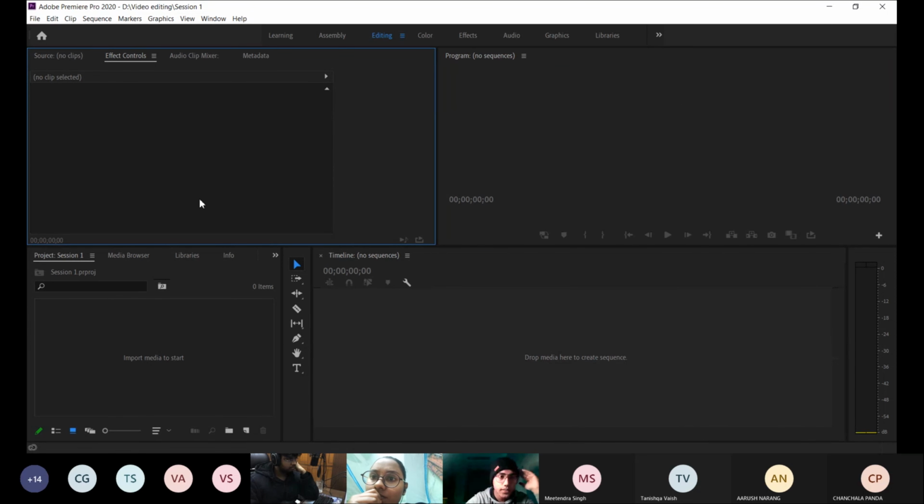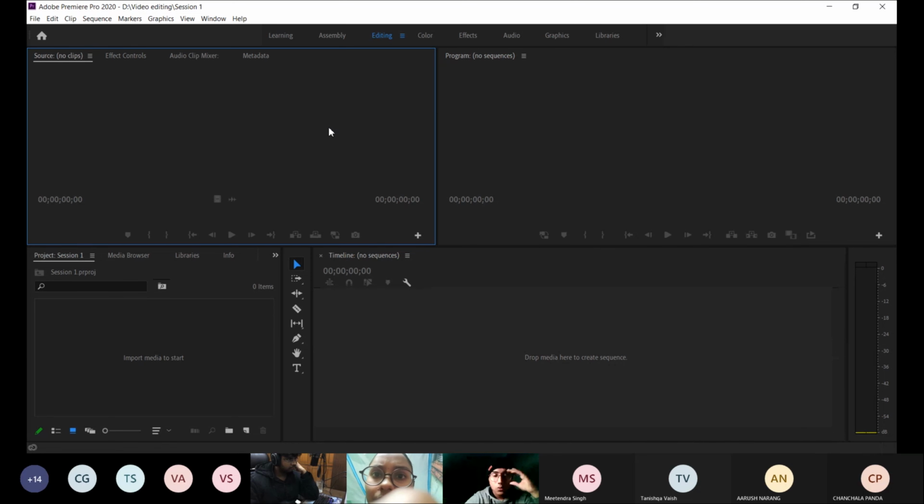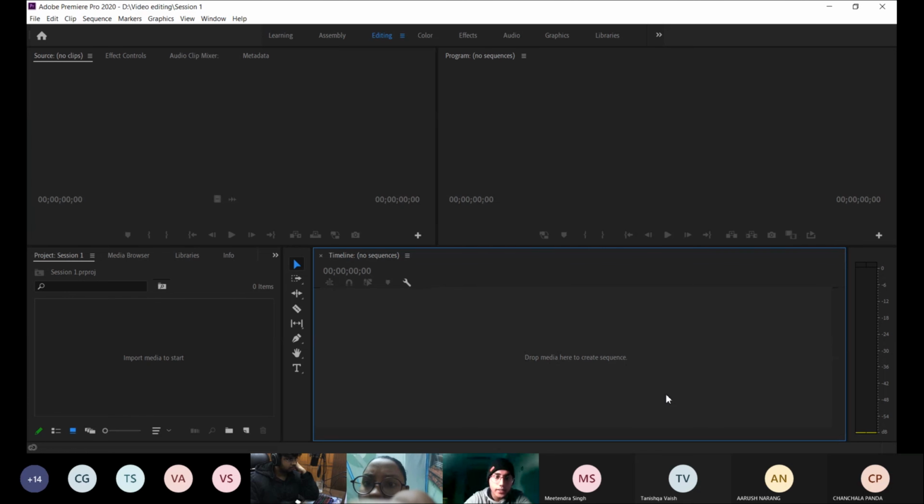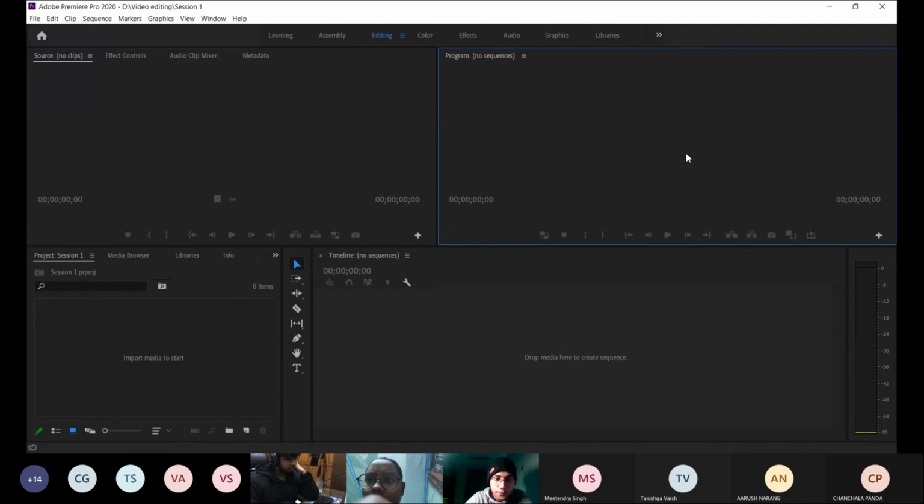Then this over here, it's the source monitor. Right now over here, this says source, no clip, so we don't have anything right now to play, but this is the source monitor. What happens in the source monitor is whenever we double click on any video, no matter if it's on the import media section or in the timeline, it opens in the source monitor and it plays without any edits. So if you've performed any color grading on it, or if you've made any cuts, it will play without those in the source monitor. So it will give you the original video. This is where the edited one comes.